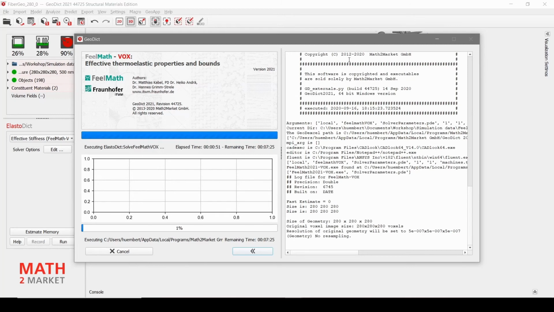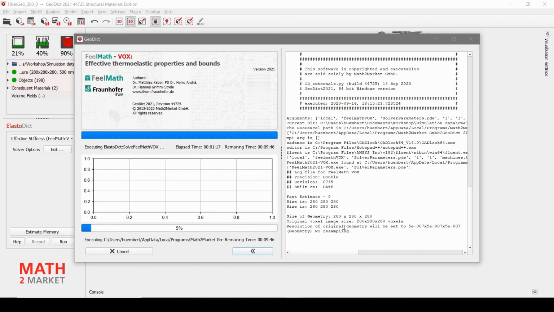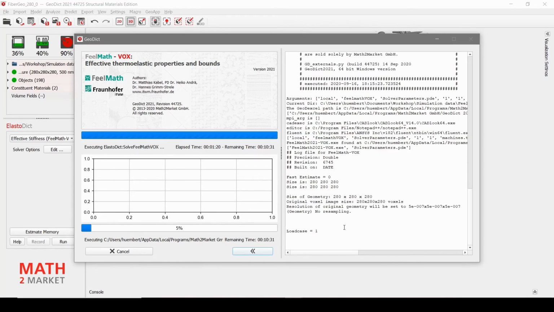Okay, and now the simulation starts. There it tells you the size of the geometry. We will also get a graph for convergence. Okay, now the first load case starts. So it says load case 1.